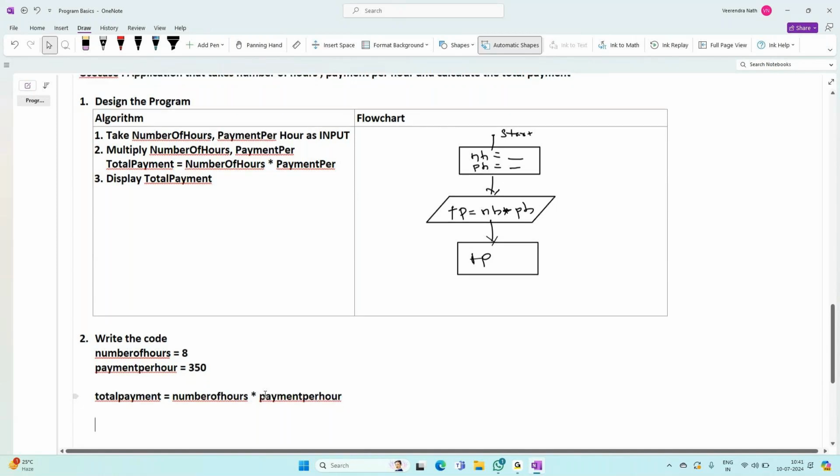And then finally what you have to do? You have to print it. Print what? Print the total payment. Now the client is getting the output or not? Am I crystal clear? Right. So this is the way that you are developing the code or writing the code. So writing the code becomes easy